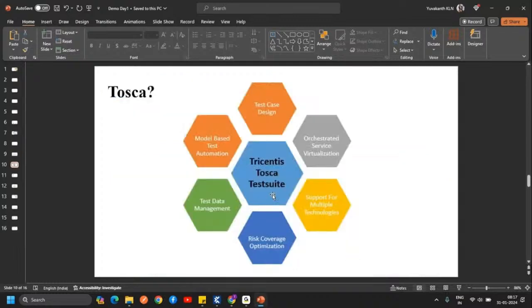Yes, and these are most of the important features of Tosca. You can do test case design here. We can also do service virtualization here, and it supports multiple technologies like SAP, Salesforce, web applications, desktop applications, and also black screens like command prompt. Any of these technologies it can support.